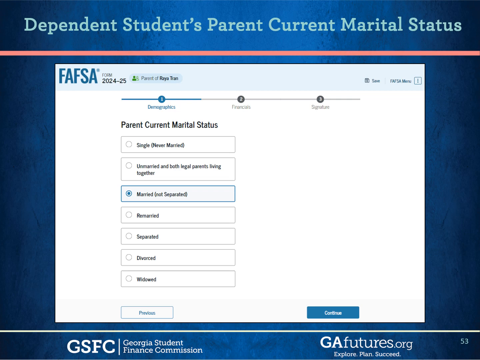If the parents are unmarried and living together, they are going to have separate tax returns, so both parents are required to fill out and sign the FAFSA. If parents are married or remarried and they file taxes jointly for 2022, then only one parent will need to log in, provide consent, and sign the FAFSA form. Now, if they are married or remarried and file their taxes separately, both parents are required to fill out and